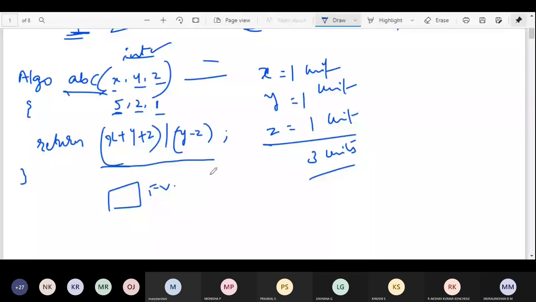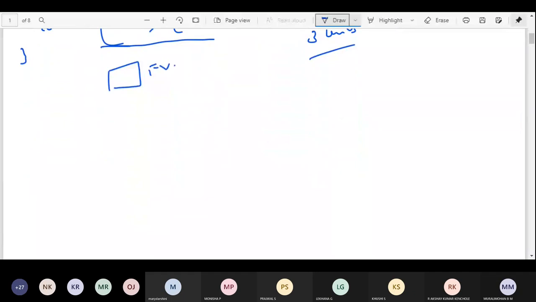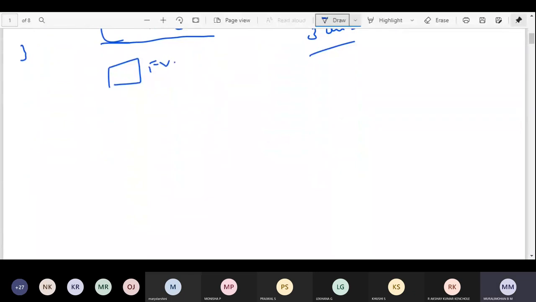Next we'll see another algorithm. Just see here. Let us take sum of A comma n. Initially, let us take S is equal to 0.